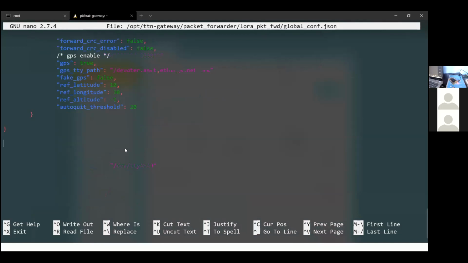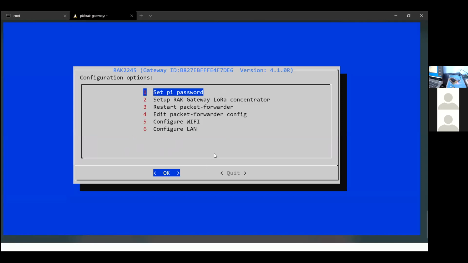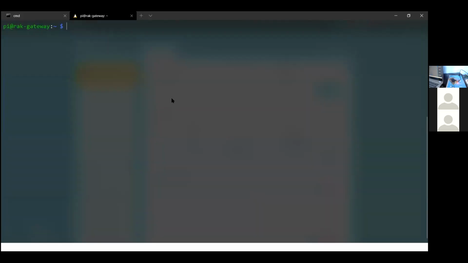Okay, and yeah, so that's how we can do setup and packet call, and configure Wi-Fi and configure LAN or basic configuration. Okay, so now we can give okay, or else you can give quit. I'll give quit because by accident we could have modified certain things so that it will get affected. Okay, I will just give quit. Okay, so now we are still in the Raspberry Pi shell only.